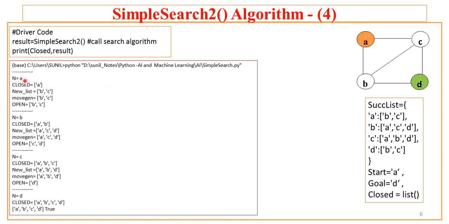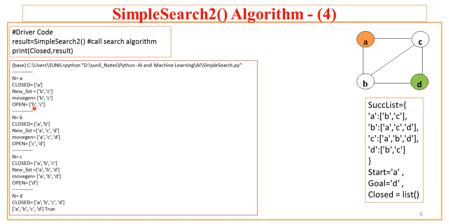So the algorithm starts with A. Now A is added to the closed. Then as A is not the goal, the moveGen function will return the immediate successors of A, that is B and C. Now B and C are the contents of moveGen, and these contents are added to the open by removing whatever is there in the closed. Now in closed there is A and in open B, C, so there is no need to remove anything from the open. In the next iteration, it takes the first node of the open. Now open has B and C as the elements, which is the output of the first iteration.